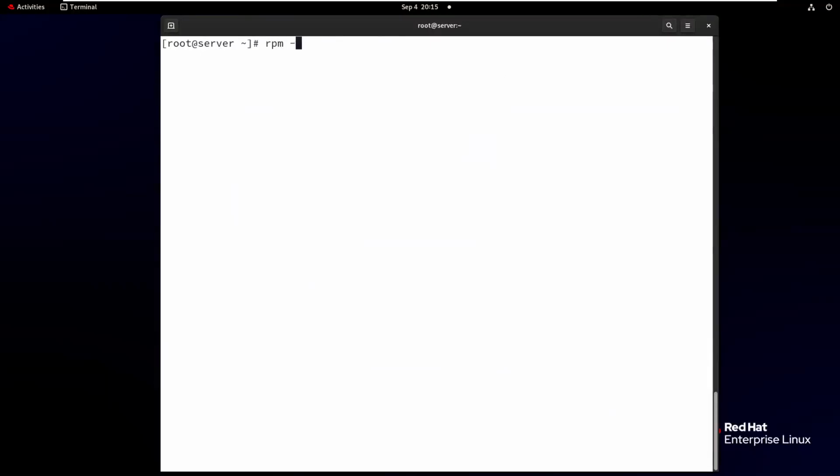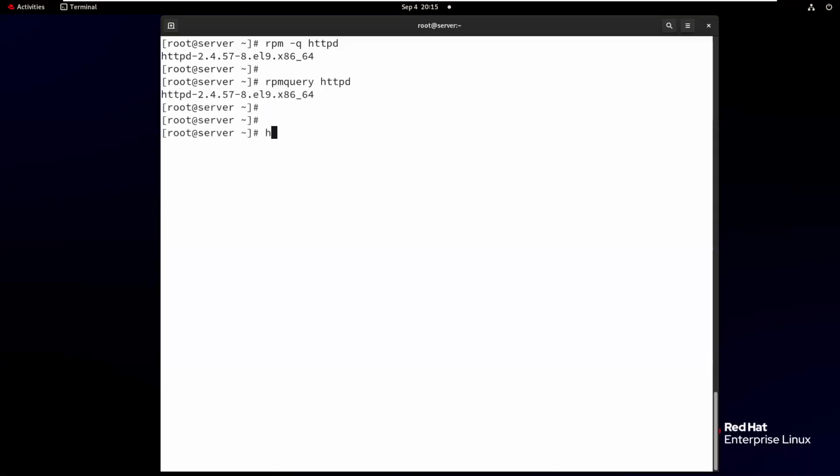How do you know that? rpm -q httpd, or rpm query httpd, and to see which version is installed, httpd -v. So right now the Apache 2.4 version is running. Remember everyone, the earlier edition is 2.2, but the latest Apache edition is 2.4.